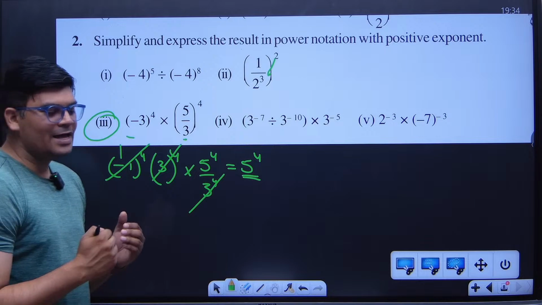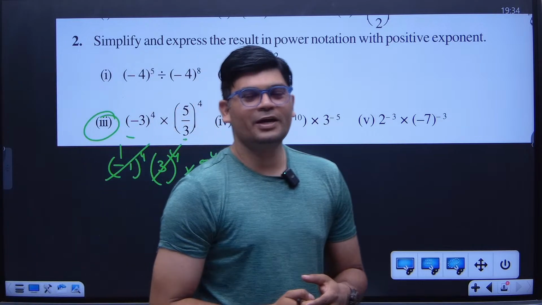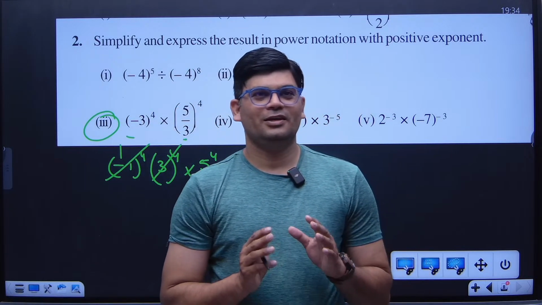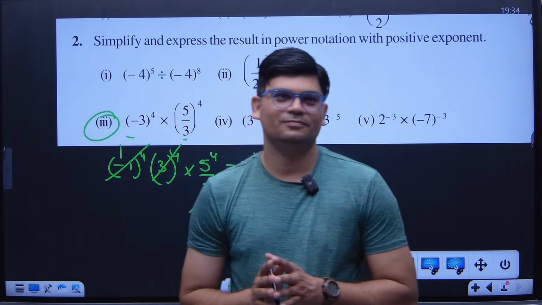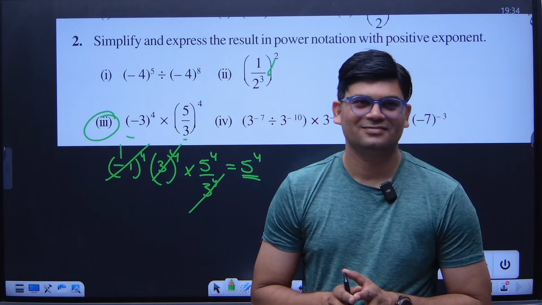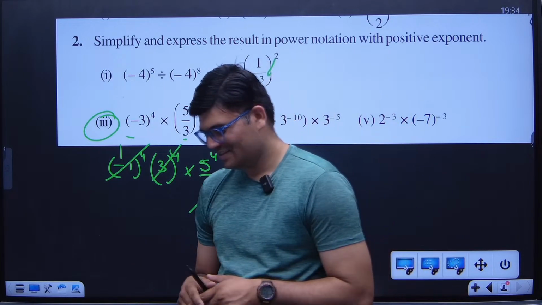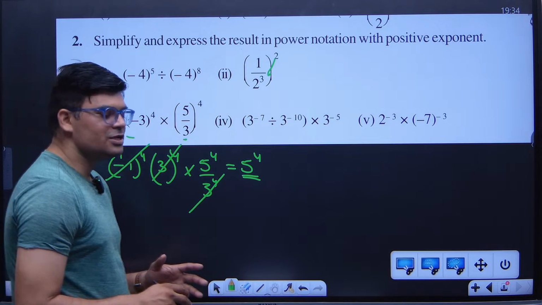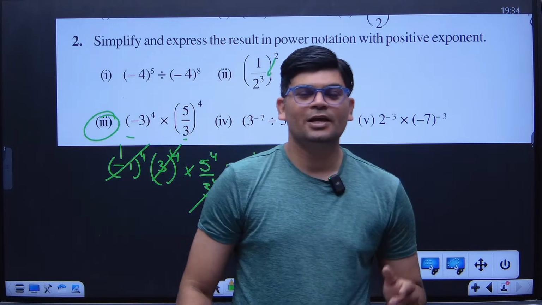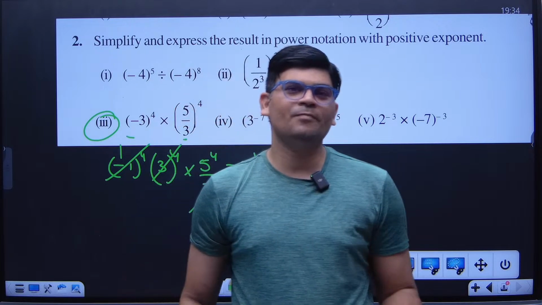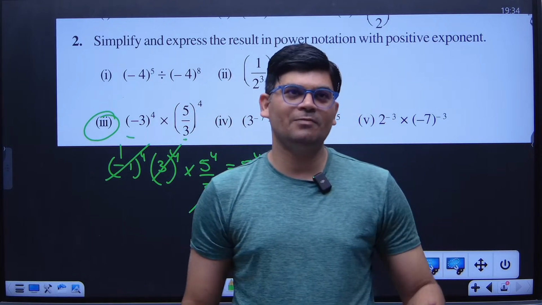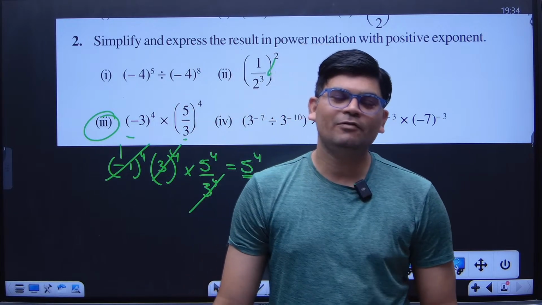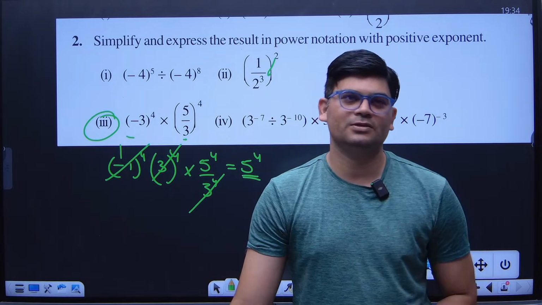Okay, sir. Do it as simple as you can. Don't make it tough. Keep it simple. Understood? Shall we go ahead? See, the first and foremost thing that you have to do is take out the negative sign with the same power as it is with the number and keep the number separately. Then it will be very easy for you to look at the numbers.